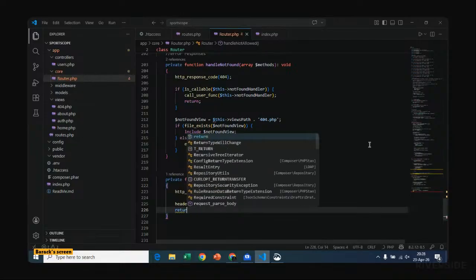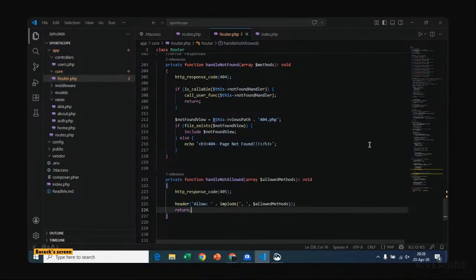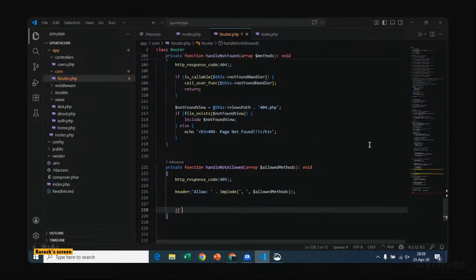Then we return. Okay. After returning, what am I doing? Header. No, this was wrong. Header, allow, implode, allowed methods. Then after doing that, we shall create a condition where we say if